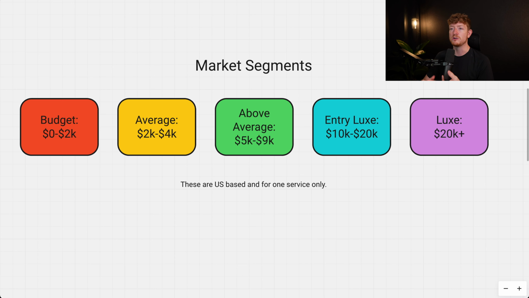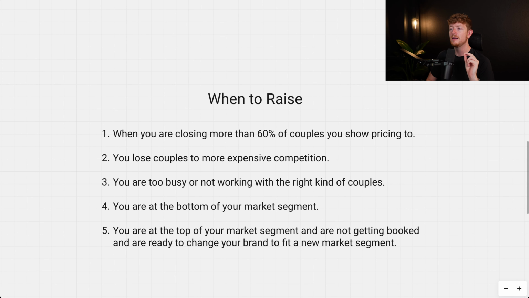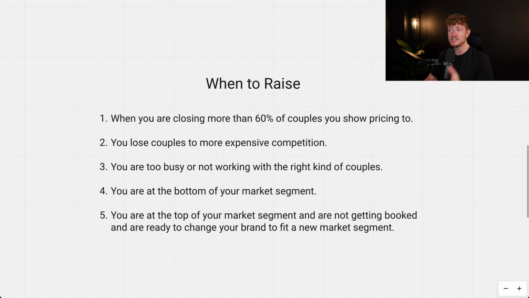You have to look at your market, like the area that you're in sometimes, like I mentioned in the very beginning of this video. But if you're in the above average price point and you're at a 5K average, you actually have a lot of room to raise prices without losing a lot of bookings. Because typically if somebody can hire you at 5K, it's very likely they'll also hire you at 6K or 7K. Not always, but it's pretty likely that you can raise prices incrementally and you won't lose a lot of bookings. We'll talk about how to do that in a second, obviously. But if you're at the bottom of your market segment, you actually have a pretty good opportunity to raise prices.